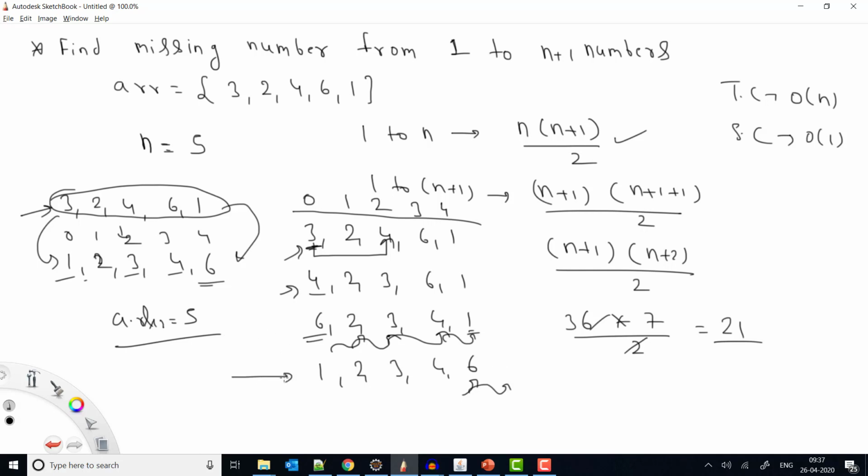Now all my values are in sorted manner. So what I can do now is start from this point and keep checking whether any value is not i plus 1. If so, that will be the missing number. Like in this case, starting from here, the index is 0, so 0 plus 1 is fine, this is also fine, this is also fine, and this is also fine. Here, if you see, this is 6 but the index is 4, so this is not i plus 1. In this case, if it is not matching, we'll say the missing number is i plus 1, the index plus 1, so it will be 4 plus 1, fifth.